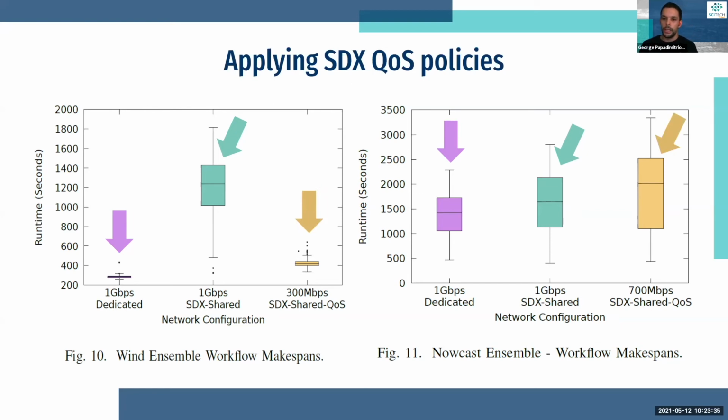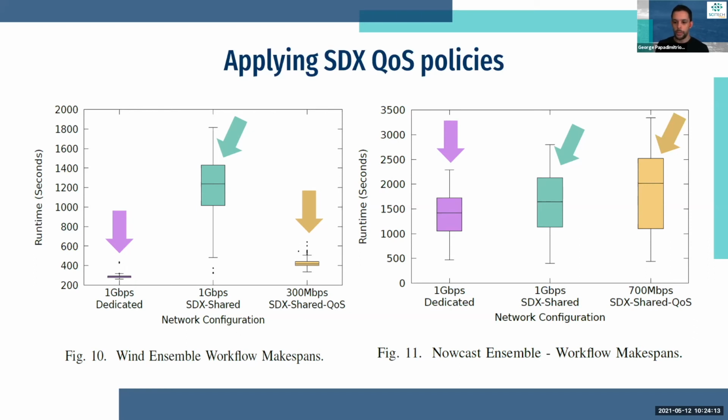Finally, we apply the SDX policies on the shared network, and we give 300 megabps bandwidth to the wind workflow and 700 to the nowcast workflow. And we can see on the left side that the wind workflow performs much closer to its original or initial state, while we still increase the runtime for the nowcast workflow, but not by a lot. It's basically, we increased it by 500 seconds when it was